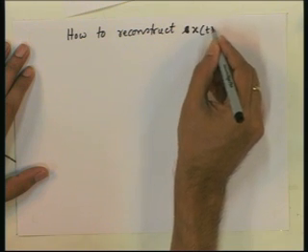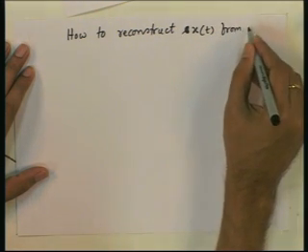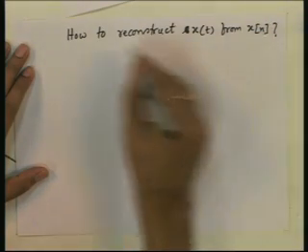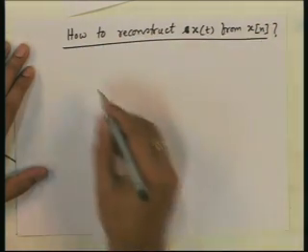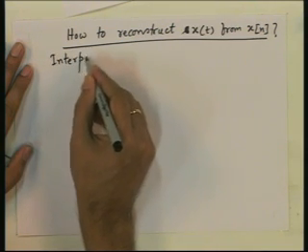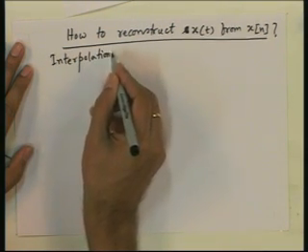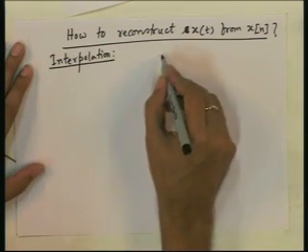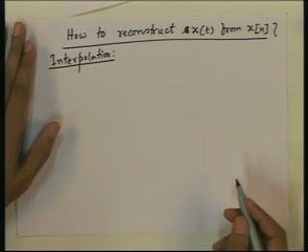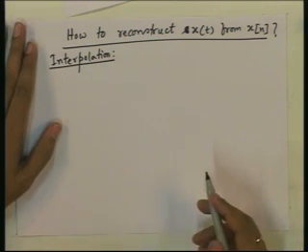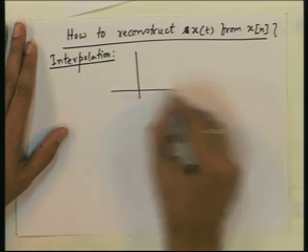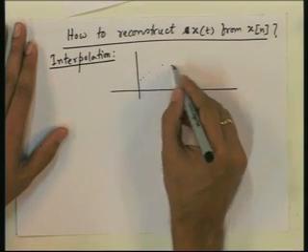Reconstruct x t from x n. So, the obvious answer is interpolation. That is, we have to estimate the intermediate values in some way or other from the sample values that we have. So, let us say we have a signal like this,